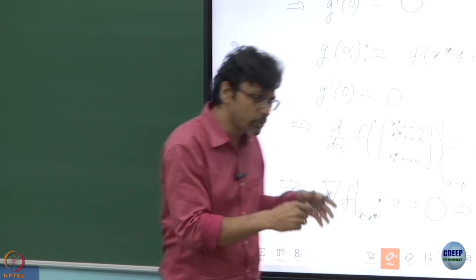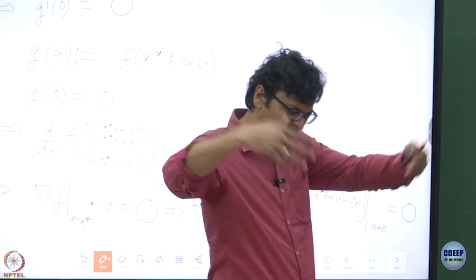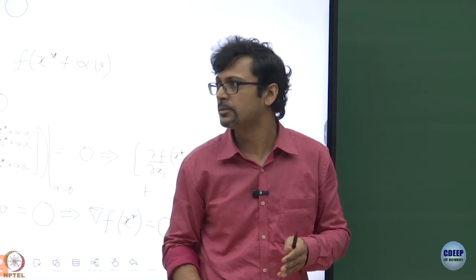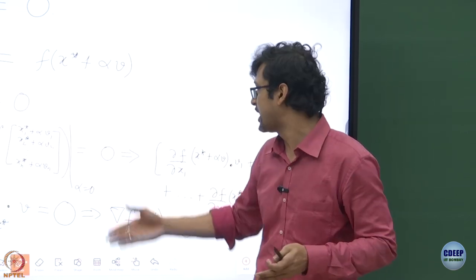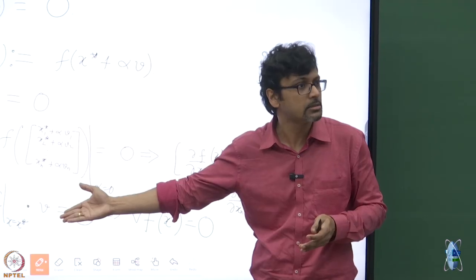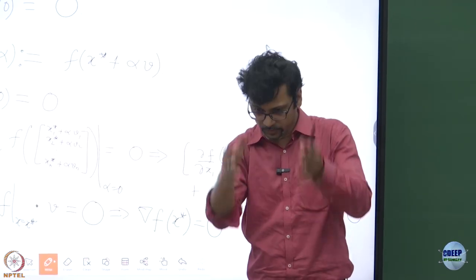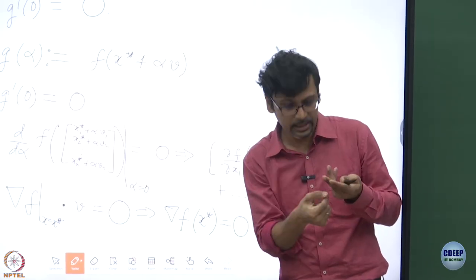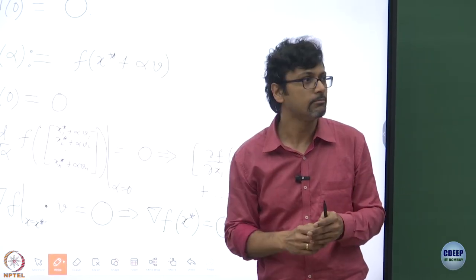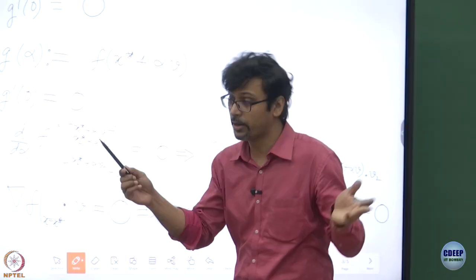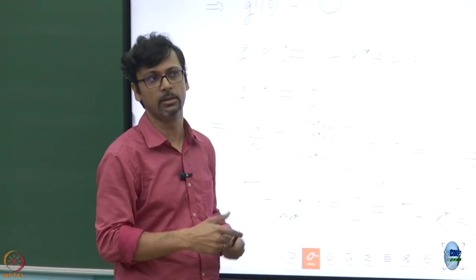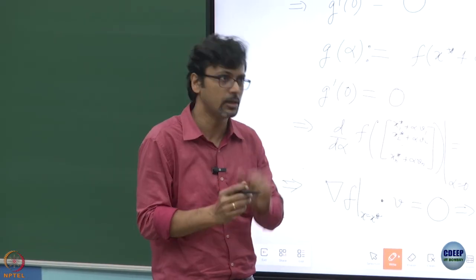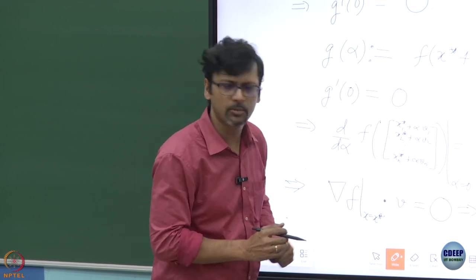So this at least allows you to shortlist from an infinite number of points in the Euclidean space, or in the domain of a function, a few candidate points which satisfy this condition. These are the critical points. So you make a list of these critical points, find out the value of the function at these critical points, find out the one critical point where the least value is attained, and you have the global minima. If there are multiple points attaining the same global minima, then there's no unique global minima. There are some special nice properties which sometimes allow you to get to a unique global minima. We'll probably briefly chat about it a while back.